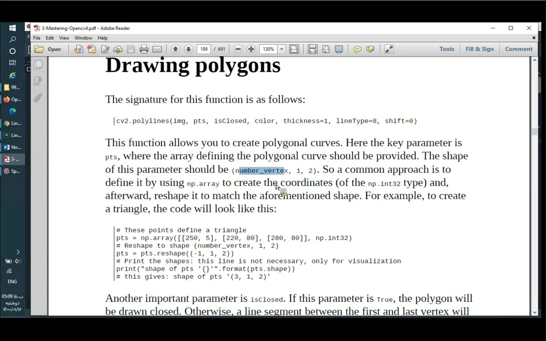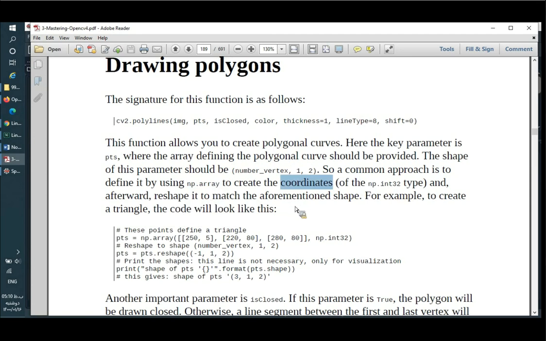So a common approach is to define it using a NumPy array to create the coordinates. So we have a function from NumPy that we can use to create an array of points. Each point has the coordinates of one of the vertices,